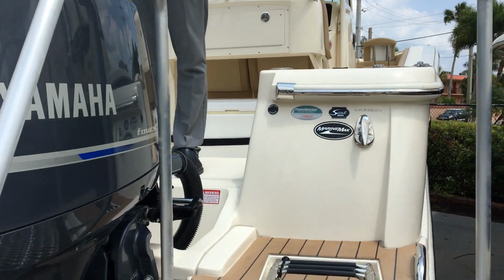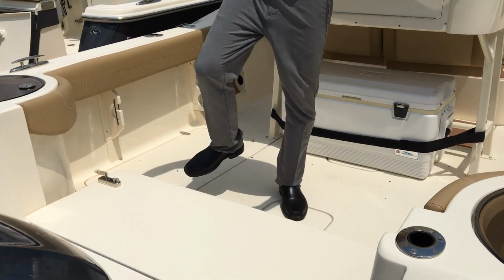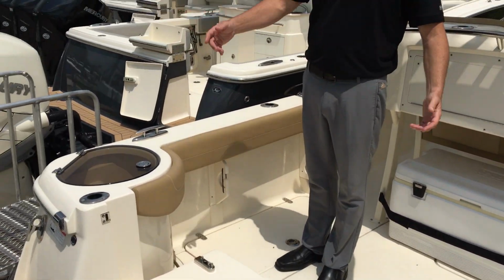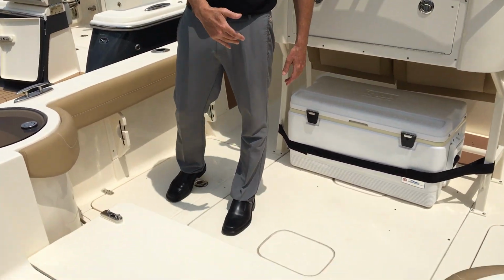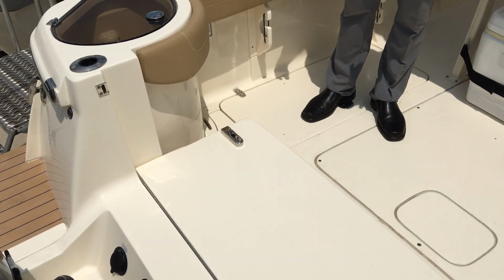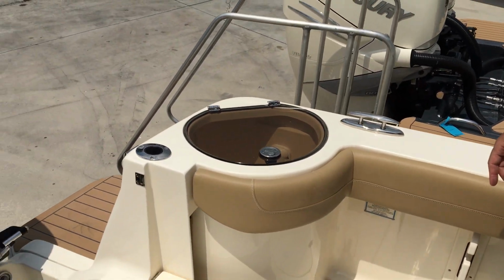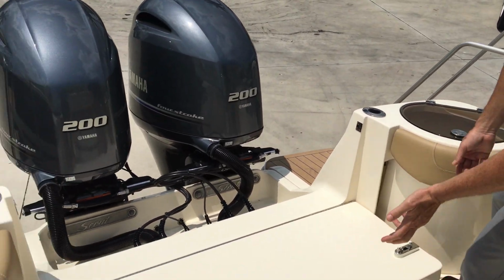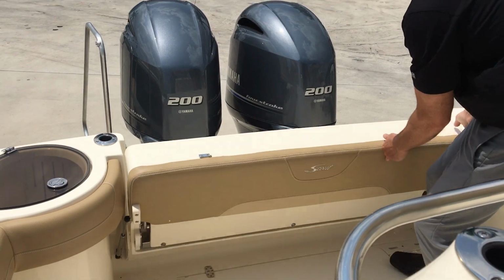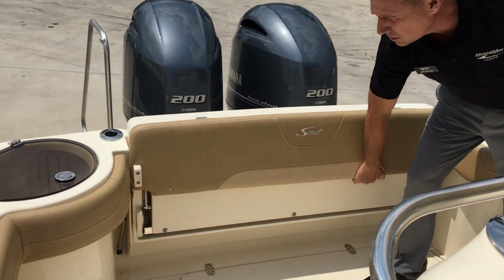We have the teak on the boarding platform, swim platform if you will, for easy boarding. This is called the wave gate, so it allows for coming in and out, for diving, fishing, hanging out at the sandbar. Just really nice, easy come up and down. This simply pulls up on hydraulics, it locks in with a manual switch, and then you can lift this,